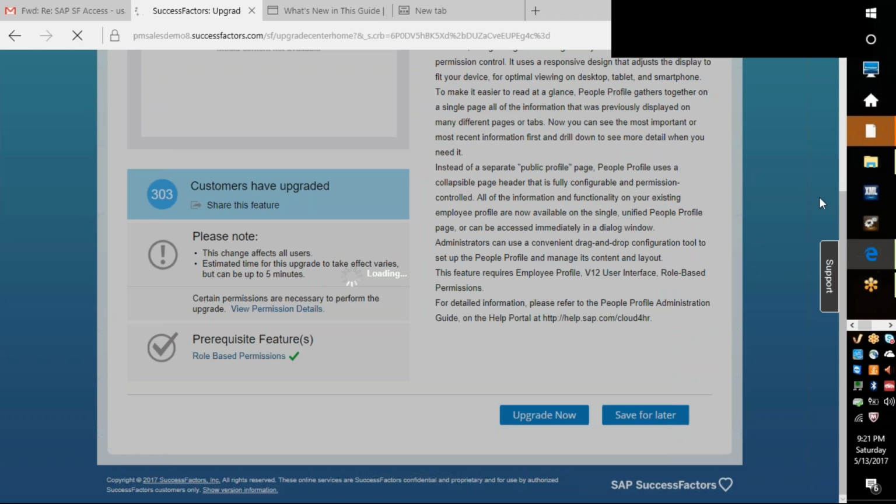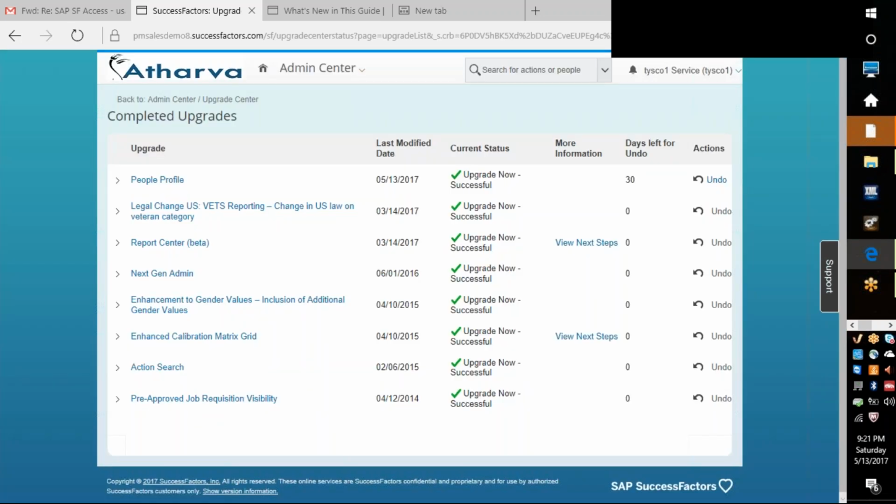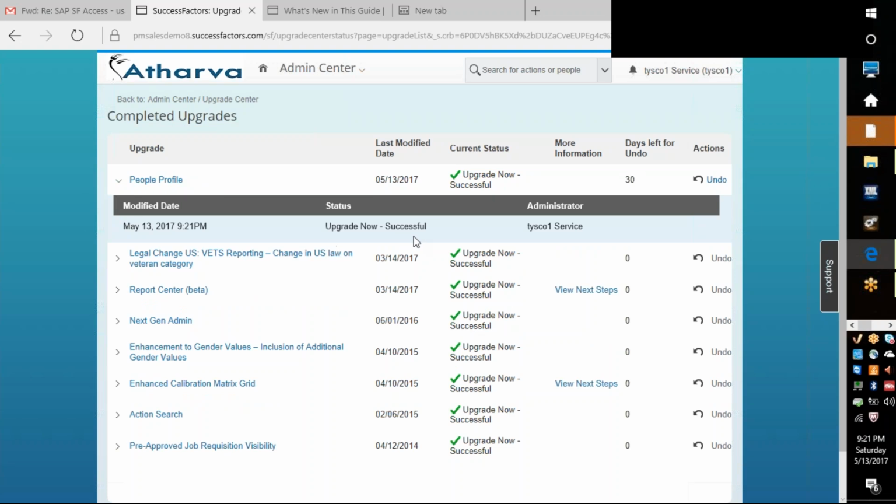So once this is updated, okay, here you can see the log of what has been recently completed for upgrades, okay? You remember we updated the people profile, okay? And it will give you information on when it was done, whether it was successful or not, and who did the upgrade. So if you want to go ahead and revert this change, okay, let me see,